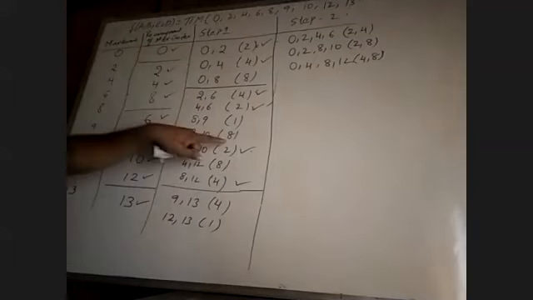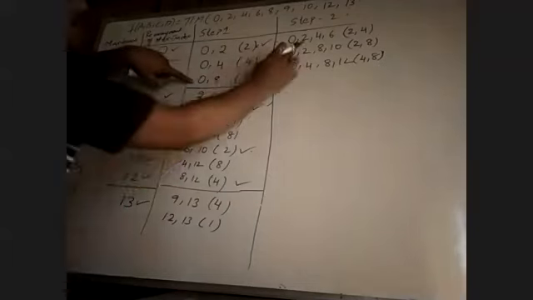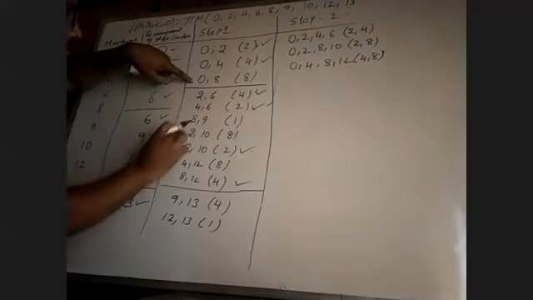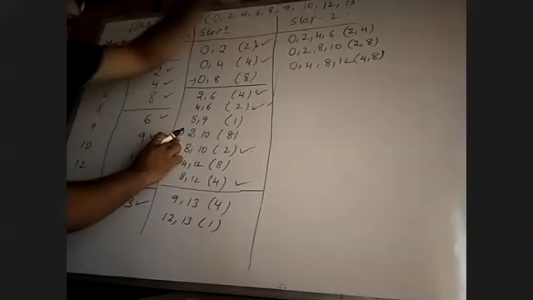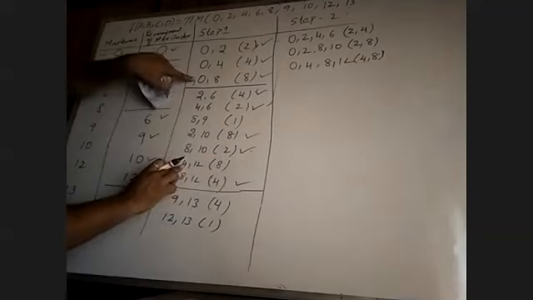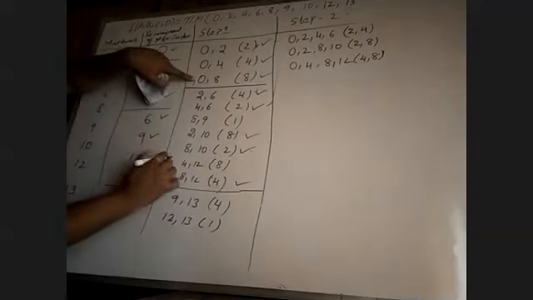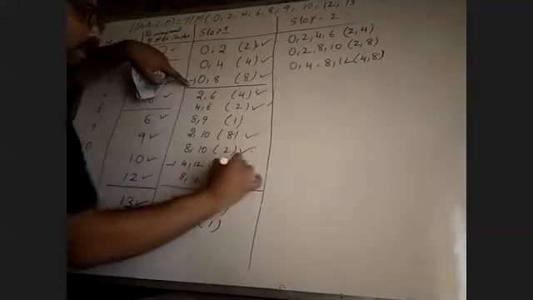Next, there is only one 8 difference, we have 2. See, 0 to 8 10 is also covered. We are comparing these two now. The 8 difference, 0 to 8, is also covered. Therefore there is no requirement. Just make a tick mark for these two. There is another 8: 0 4 8 12, we are comparing 8 differences. These two 8 differences, 0 4 8 12, are also covered. Therefore write a tick mark here. All the comparisons are completed now.